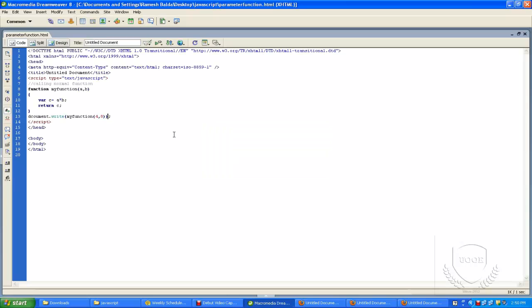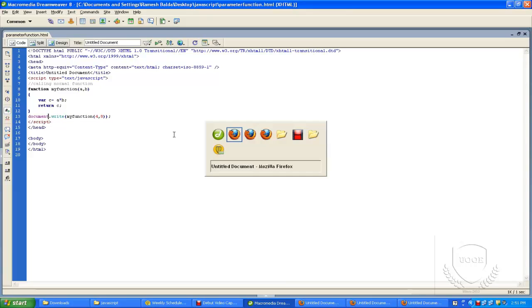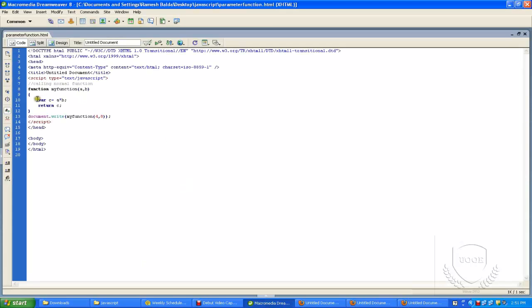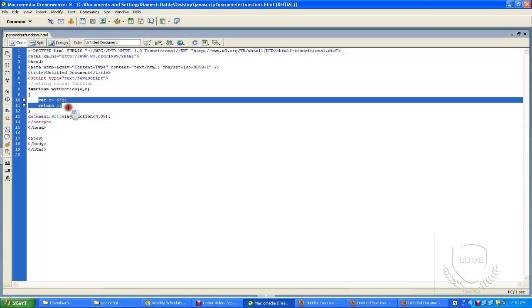Why is it not working? Sorry, here your function name has a spelling mistake. Now if you see here, you can see the result of a into b, 32. Up to now we just printed a statement inside the function, like writing document.write in the function itself.